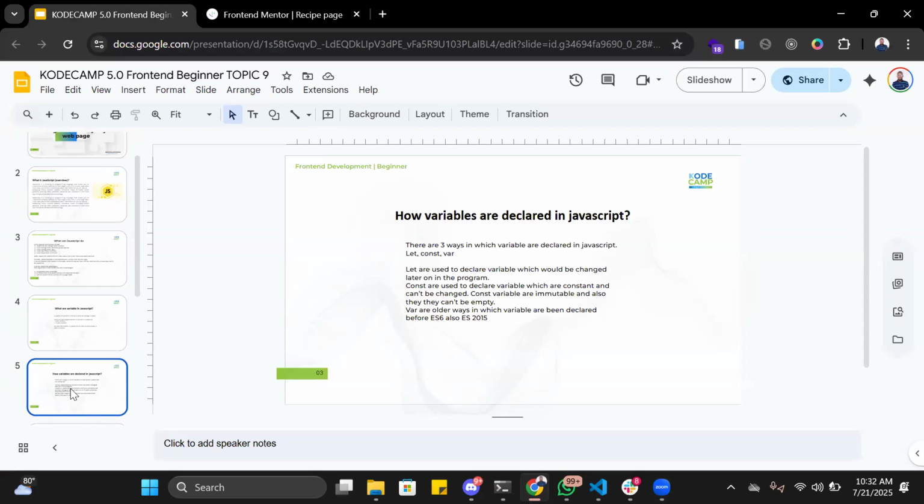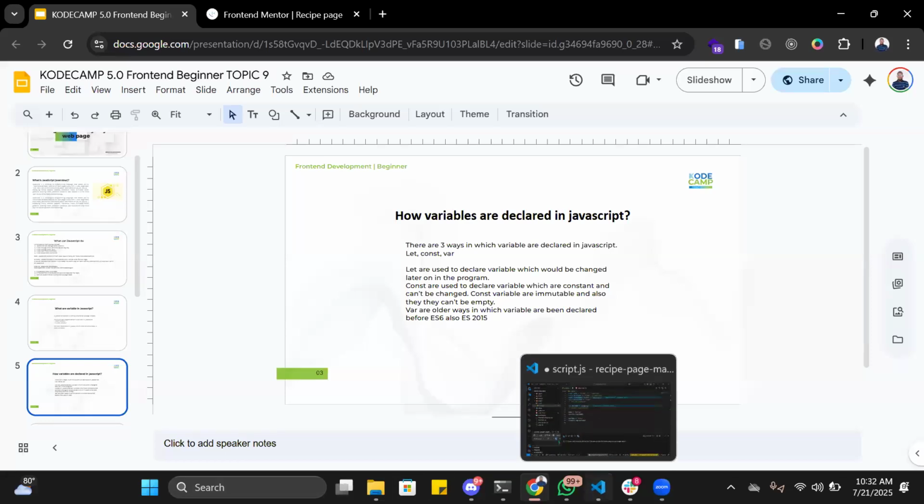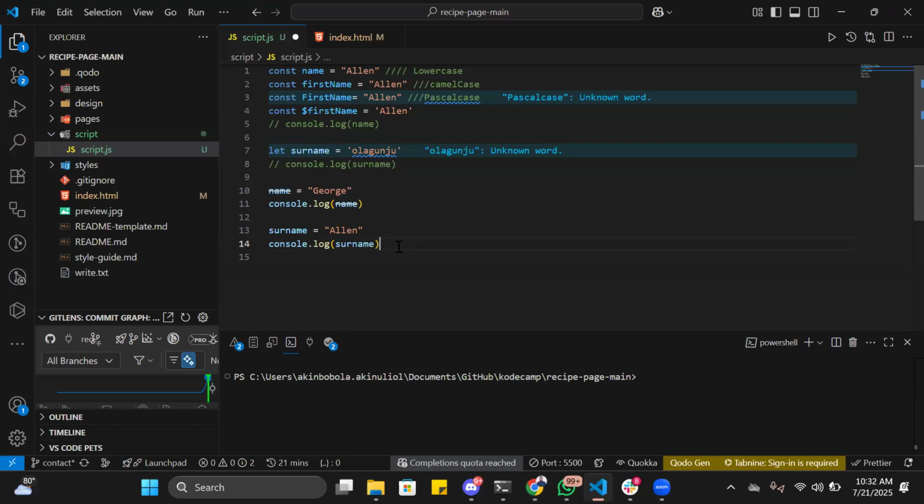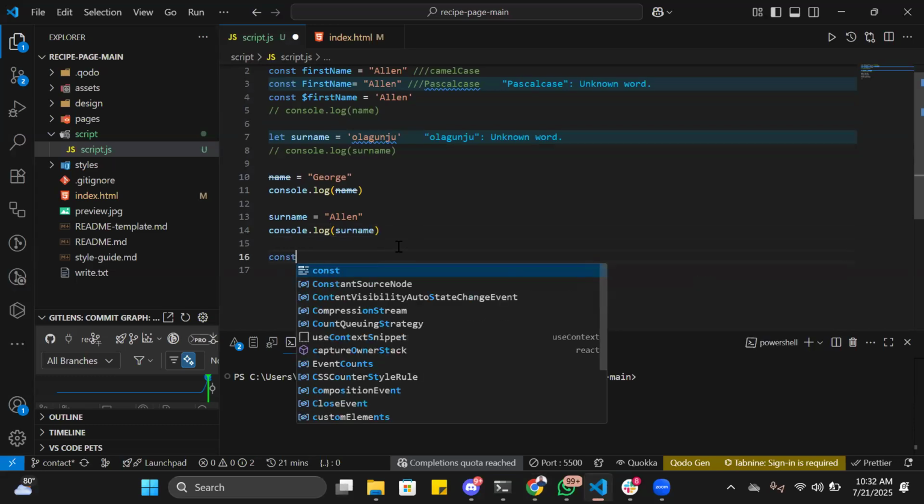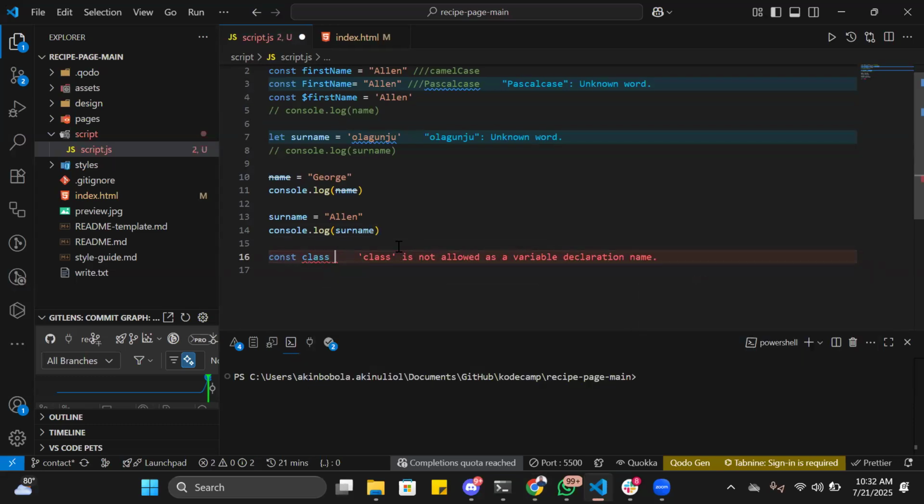Const is used to declare variables which are constant and cannot be changed. Const variables are immutable and also cannot be left empty. So we have something like const class, and you can't have an empty